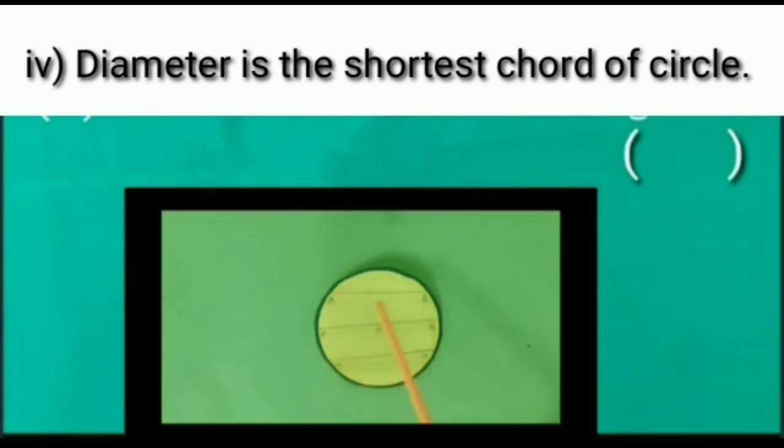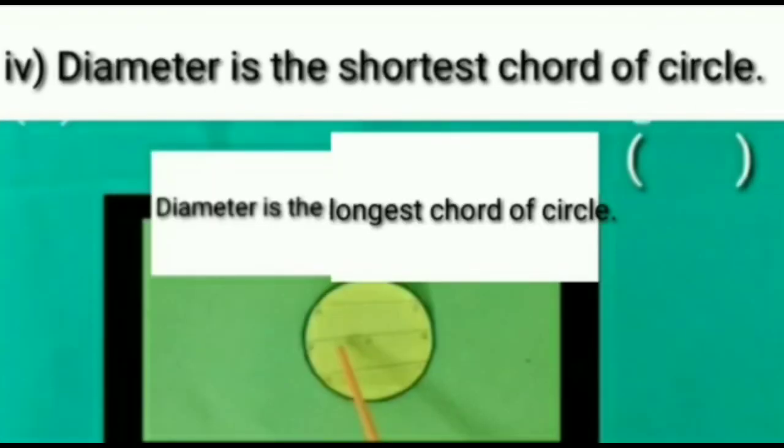The line segment which has endpoints on its circumference is known as the chord of the circle. Here AB, PQ, MN are the chords of this circle. And now you can see the length of PQ chord is more than others. And the line segment PQ is passing from the center of the circle and having endpoints on the circumference. So this is the diameter of circle and it is the longest chord of the circle. So we can say diameter is the longest chord of the circle.